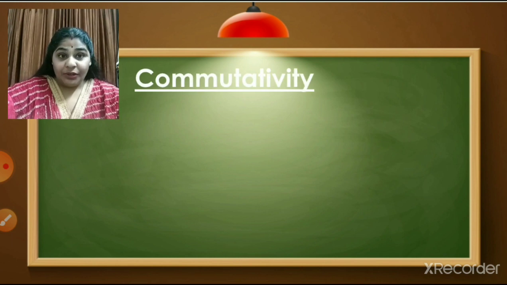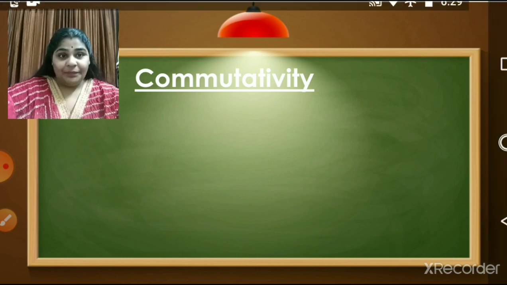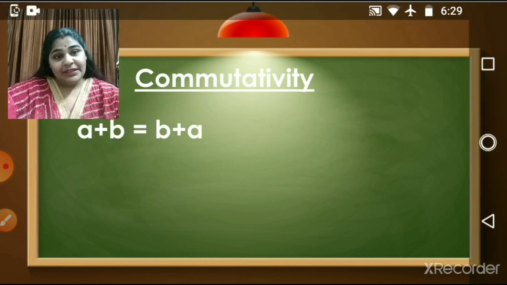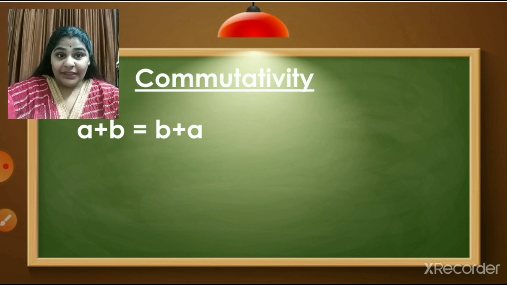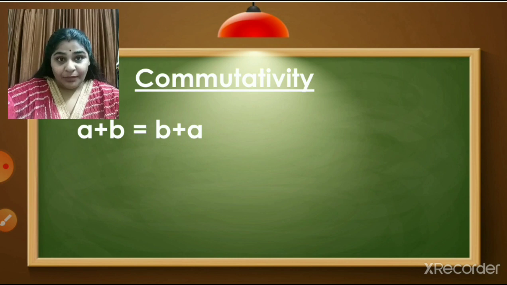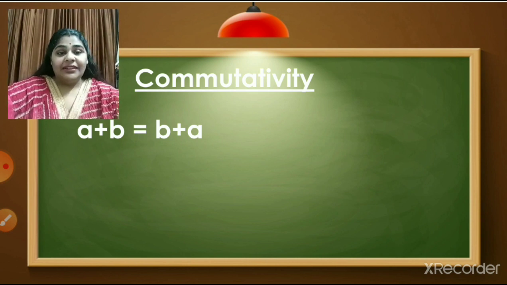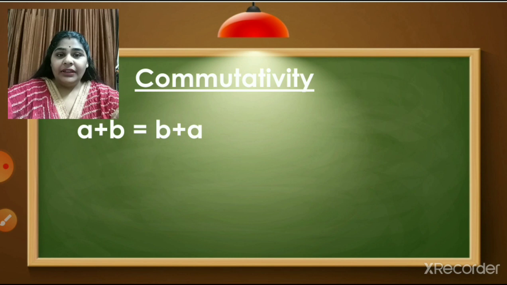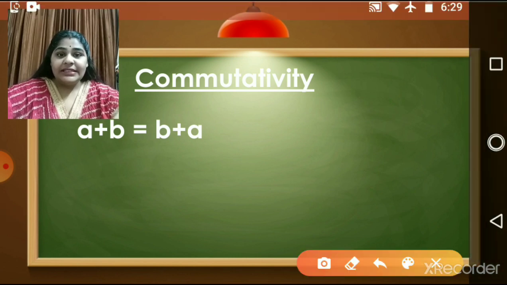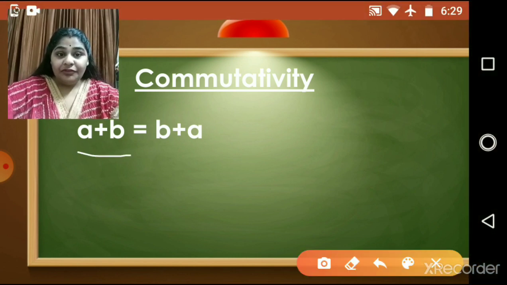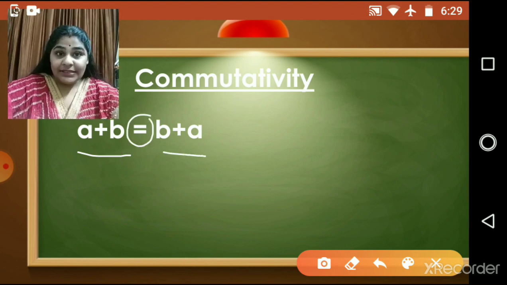Next, very important, is the commutativity property. We also say commutative property. What this property says is a plus b is equal to b plus a. That means where a and b are two rational numbers, we can interchange the rational numbers and then add. The sum will be the same. That is a plus b. You can see here a plus b. If we interchange, if we do b plus a, still the sum will be the same, right?